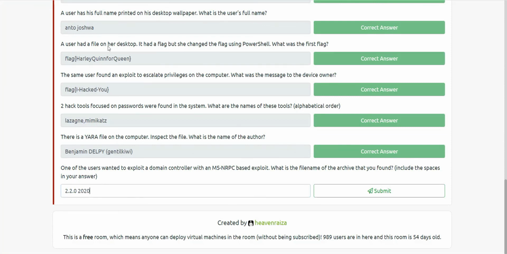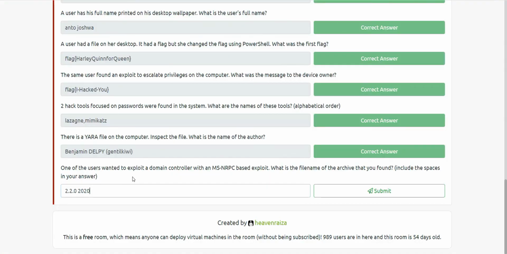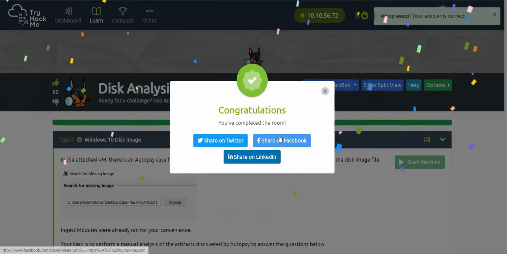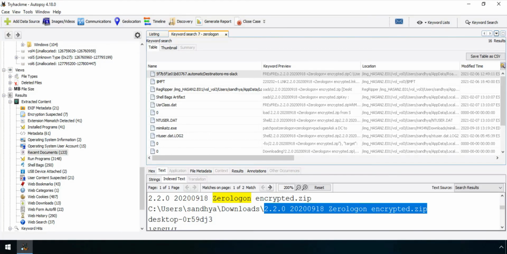It is dated 2020, 0918, and it is known as Zerologon, and it also has encrypted.zip. So yes, we have completed it.